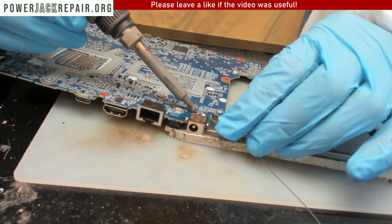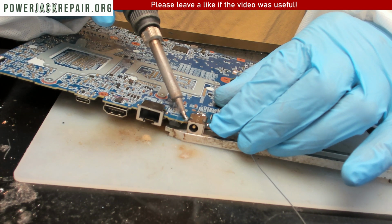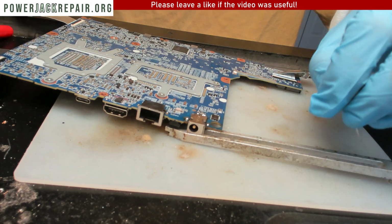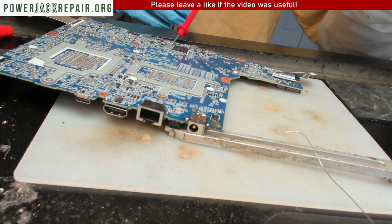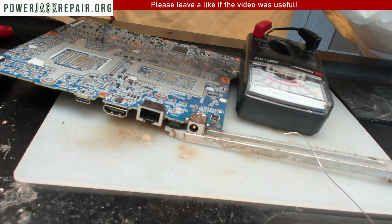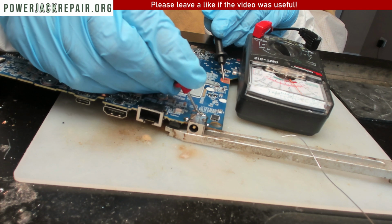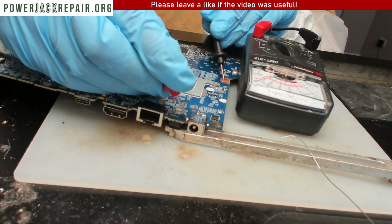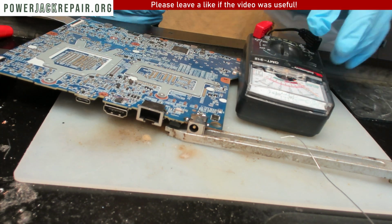And now let's check if we're going to be having a short because of the solder touching the broken casing here. Let's try now. Will we have a short or not? No, we don't have a short. Wow. We don't have a short. Strange. I was expecting it to be shorting. All right, so